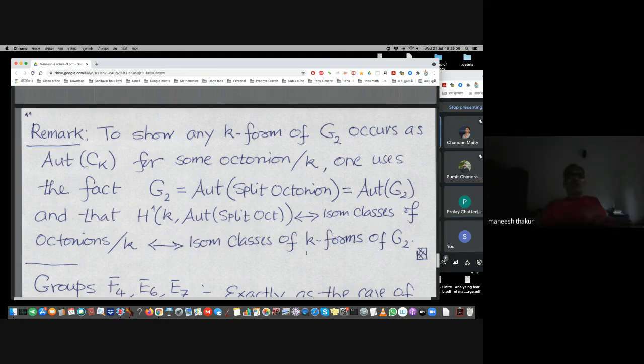These are any octonion algebra I've been working with. Then what will the K-rank be? The K-rank is maybe 0, or anisotropic. So either it is anisotropic or a completely split group. Achha. So any form of G2 is either anisotropic or split, because the octonion algebra is either a division algebra or split.